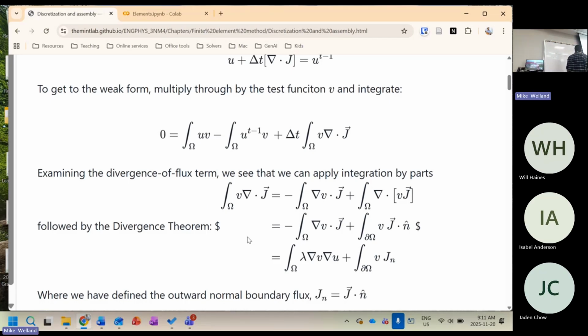Then what you say is volume integral of divergence. So you've got a scalar times a vector field. Scalar times a vector field is still a vector field. Volume integral of divergence of a vector field is the surface integral of its normal components, right? Which is